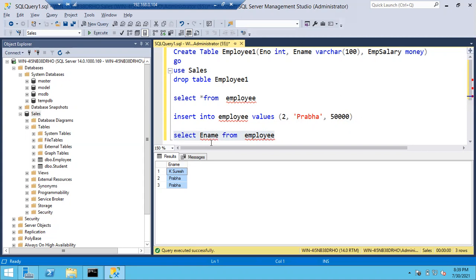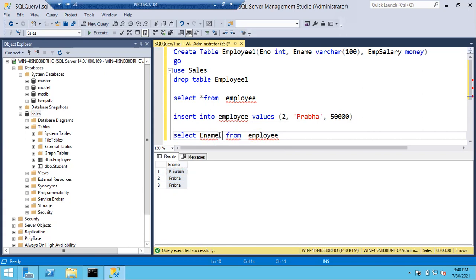Select employee name, comma, money from employee. Okay, fine. Thank you for that. So you have to simply mention the two columns using comma.